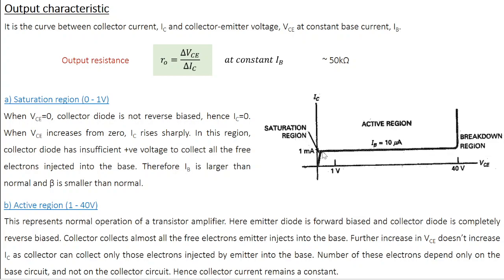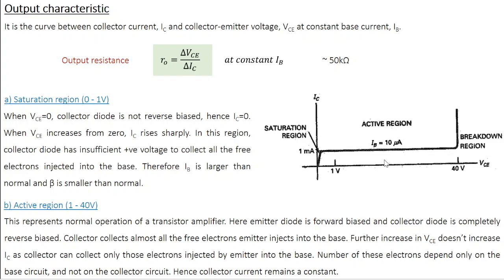Now if you increase VCE further from this point, suppose you increase it so that the collector has the capability to collect 101 electrons. The emitter is providing only 100 electrons, right? So even though the collector has the capability to collect 101 electrons, it is able to collect only 100 electrons. As a result, the collector current is still 100. So even though you increase VCE, collector current is the same.